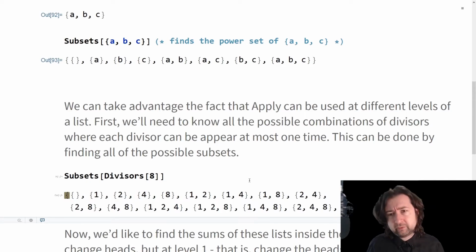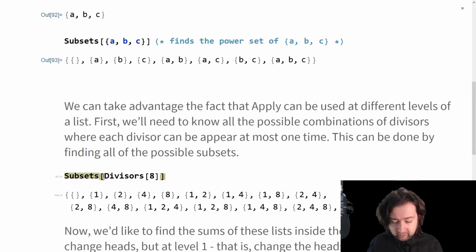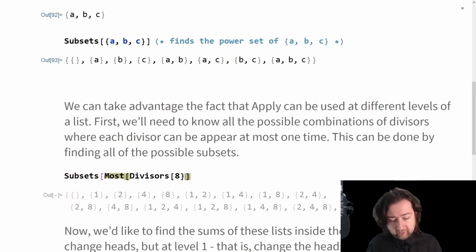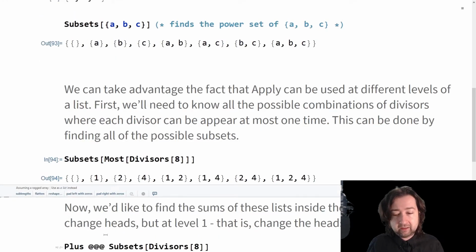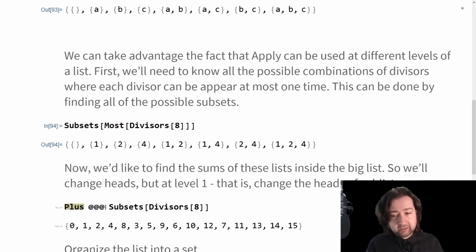And then I notice here that I don't really need the 8, because the condition for a number to be practical is that every smaller integer can be made from the divisors of that number. So I can make this problem run faster if I use the Most command in between. So that is all the possible combinations of the proper divisors of 8. Now I'd like to find the sums of these sublists, which is called acting at level 1, which means I want to push the head-changing command Apply into the list and then apply it to the little sublists. I can do that with the command Plus @@@, because what that's going to do is take the Plus command